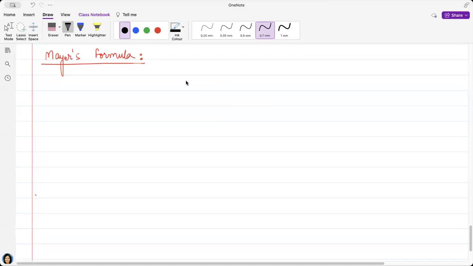Okay, so today we're gonna establish Mayer's formula. That is nothing but a relation between Cp and Cv. So I know that whatever heat I'm giving, let us say I'm calling it delta Q. Whenever I am giving this heat, that is used partially in increasing the internal energy and partially is doing the work of expansion. So I'm calling it delta U and P delta V